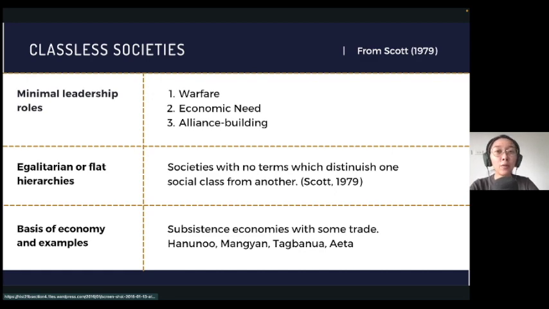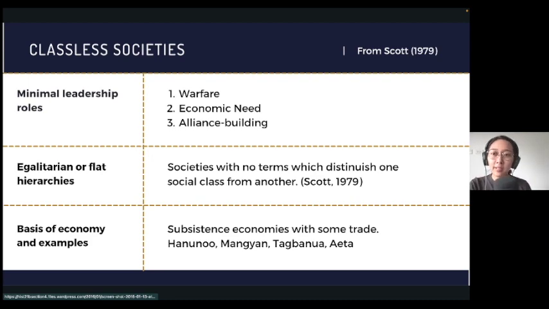Now, the most simple forms of societies, you could see these are the Fs in Younker's dendritic trade, yung mga talagang upland groups, no? Usually have minimal leadership rules. So they're egalitarian or flat societies, which usually have no terms to distinguish one social class from another. So in terms of socio-political complexity, where internal differentiation is an important marker of development, these societies are less developed. No, we're not saying worse. What we're saying is less developed in the sense that they have less roles in their communities.